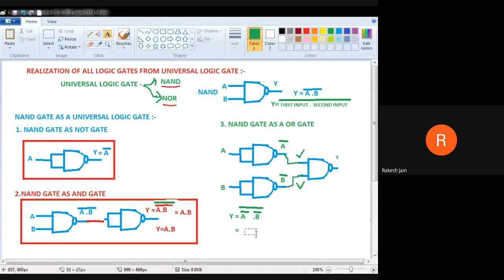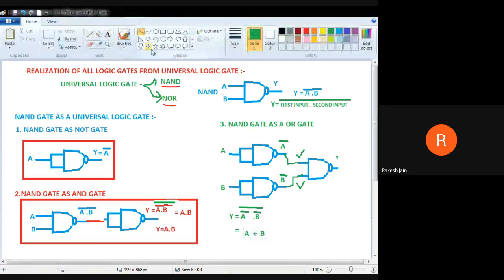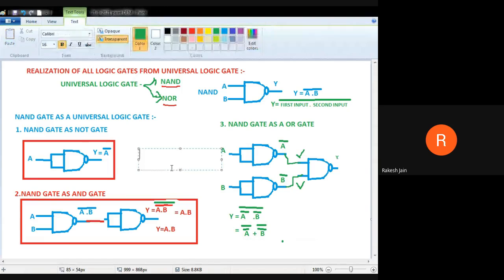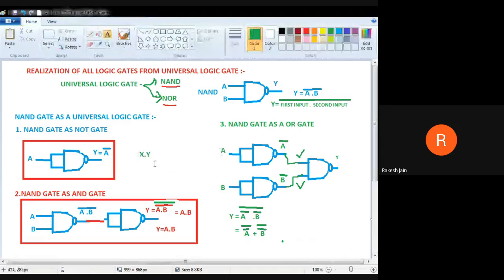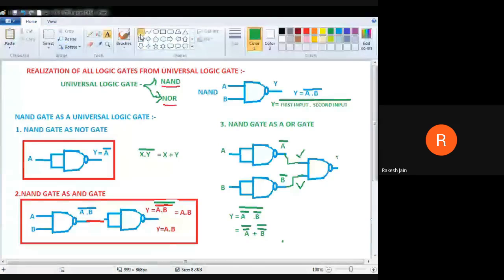So see what I want to say. A bar and B bar are separated. First of all, two things are multiplied. Which things? One is A bar, one is B bar. So separate them. One is A bar, the second thing is B bar. Then after the separation, having individual bars. If X and Y are two things, they will be multiplied. I just write down here for example of this De Morgan theorem, X dot Y. If two things having a bar over there, they will be converted into individual, having a separate bar.